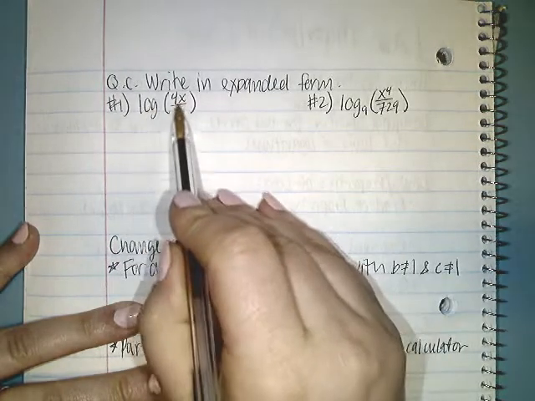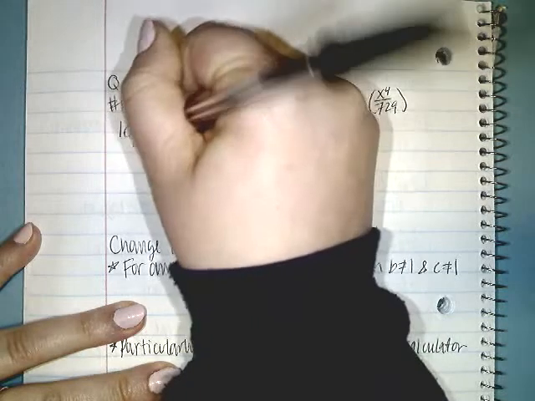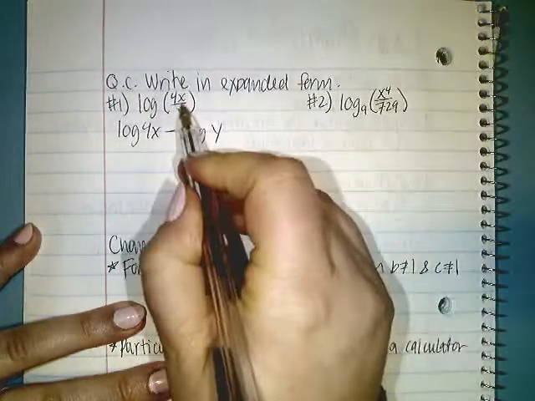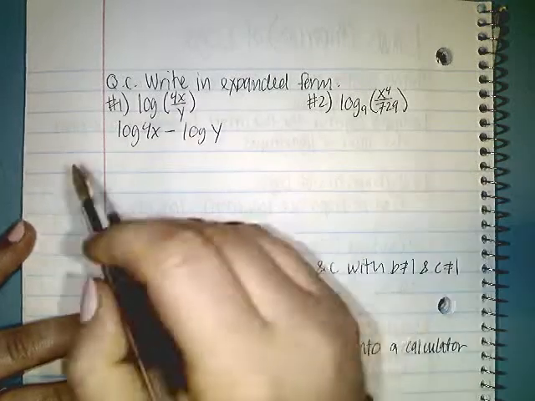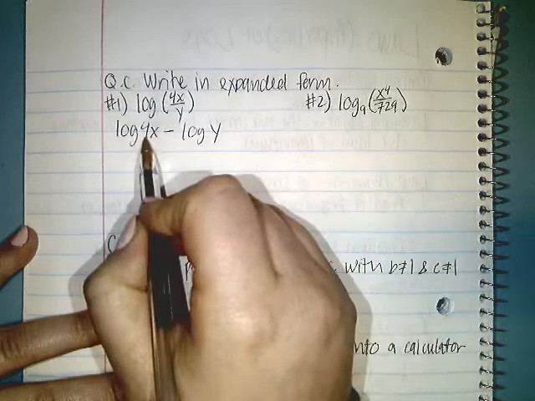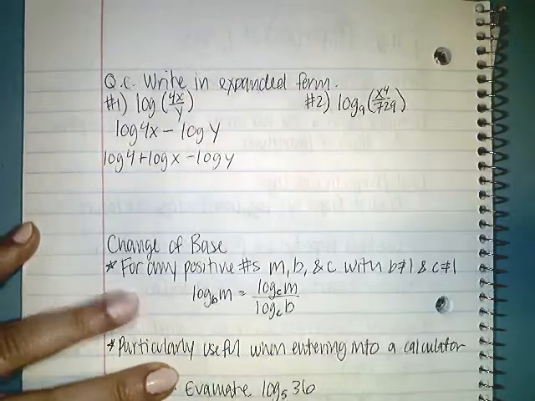The first thing I'm going to do is separate these since these are being divided. So I have log of 4x minus log y, because they are being divided, so I'm using my quotient property to separate them, which I know I need to subtract in order to separate them. Now here they're being multiplied, so I can use my product property. So I have log of 4 plus log of x minus log of y, and that would be my expanded